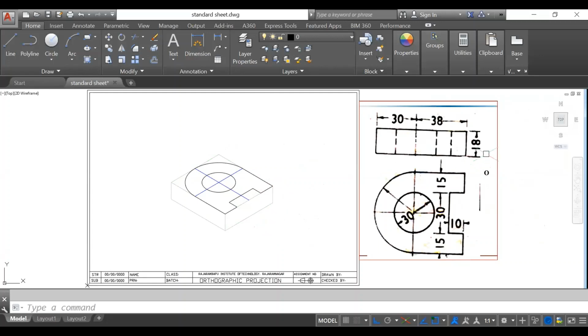So how we can give the thickness? Thickness is equal to height. 18 mm thickness is there. That plate is having thickness 18 mm. That's why each and every corner we have to give the thickness of 18 mm. So 18 mm is already there. So I will use the 18 mm here.